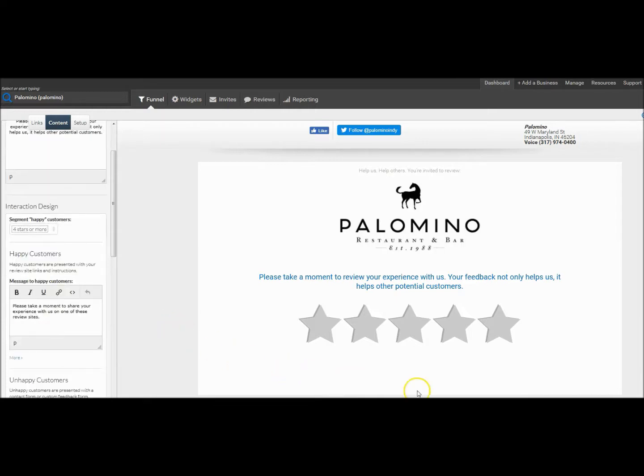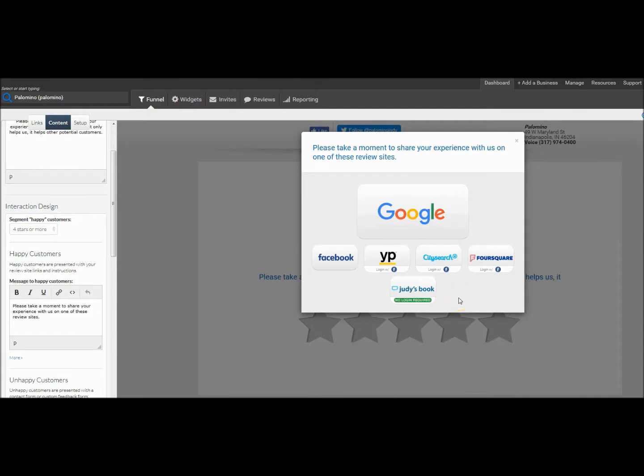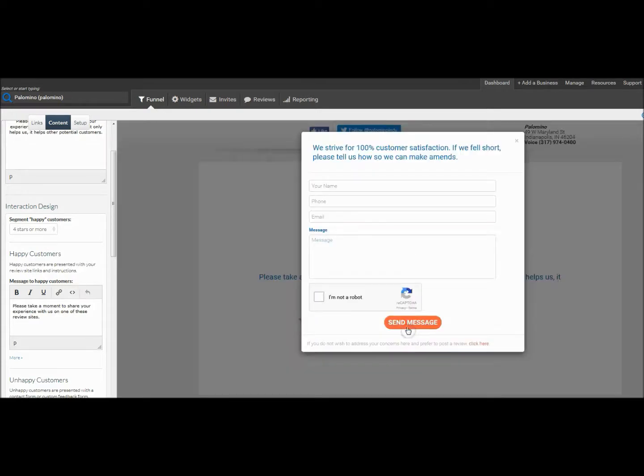What this option will affect is when the reviewer is presented with the option to review your company on a public website, or when they are presented with a form to leave their negative review, which will be emailed to you and give you the opportunity to correct the issue before they ever leave a negative review on a public